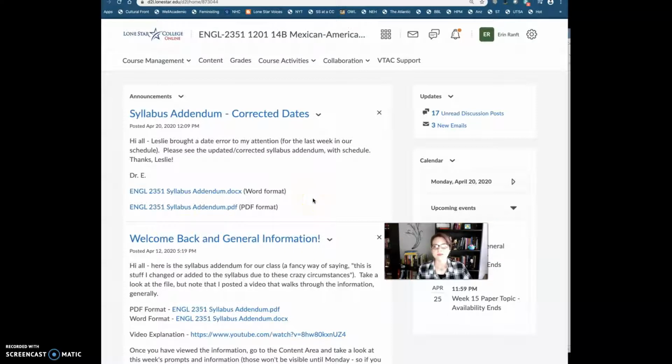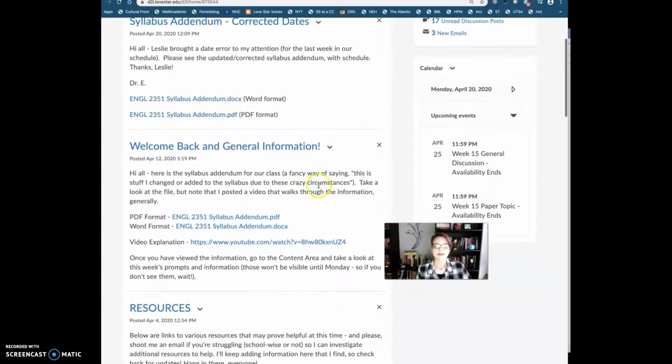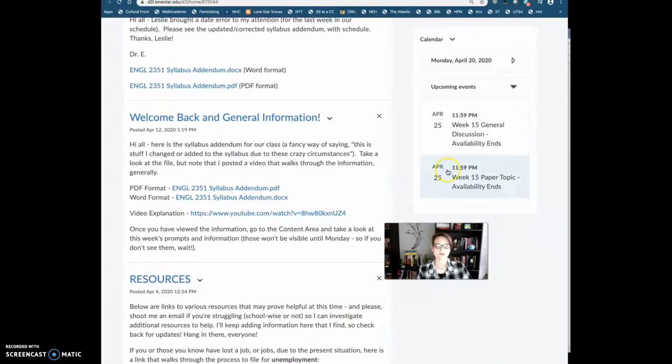So remember that in order to get to our discussion area, there are a couple of ways that you can get there. One is looking over here at the right-hand side, which is the calendar, and just clicking one of those links. I do want to make a quick note here that the dates that you see in the calendar are only reflecting when the discussion closes, right? That does not necessarily recognize the due date.